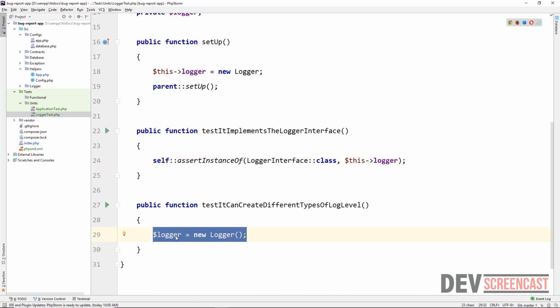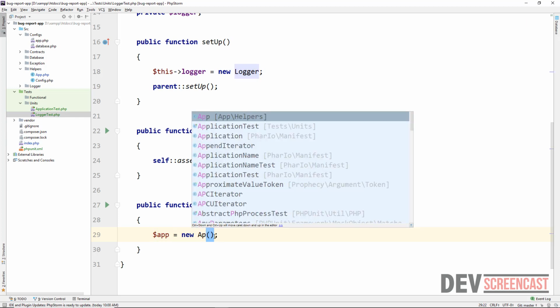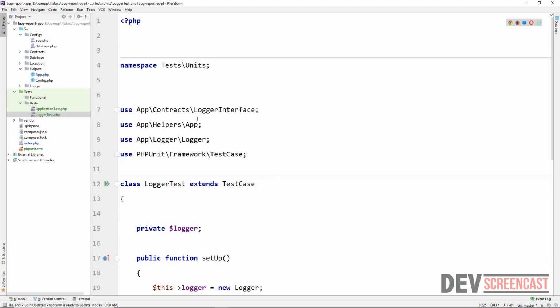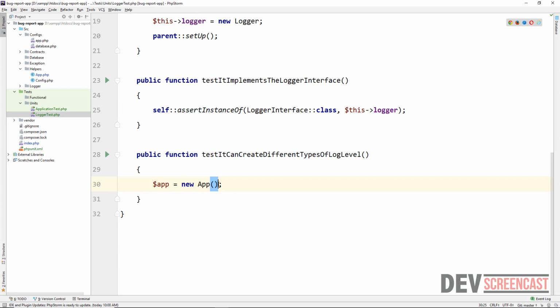In order for us to write a log, we also need our application. So we're going to create an instance of our application. Let's just call this app, and that should be equal to app. So always remember to inject or import the use statement, otherwise you're going to have issues. We are going to need app when we want to test the actual file, if it exists. So we need more information to do that. So let's start with a basic log test. So we're going to say this logger